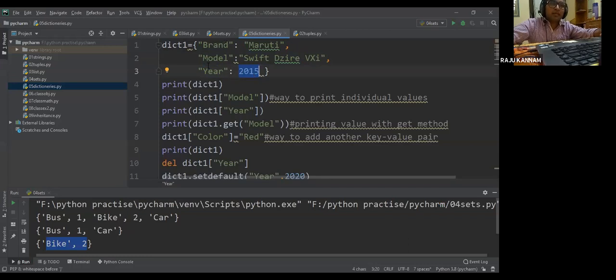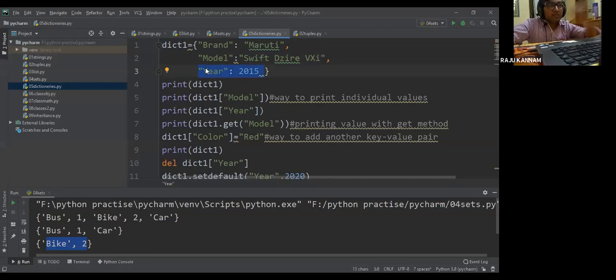Here three values are entered. In this dict1, three values are entered. The three values will have key as well as value. Right? Three elements are entered. So the three elements will have key plus value. So definitely we have to enter key as well as value. That is the behavior of the dictionary. Once one element is entered, you can enter the next element by separating it with a comma. And again, the next element is entered. Again, you can put a comma, then enter the next key value pair. So remember here, every time you have to enter a key value pair, right?